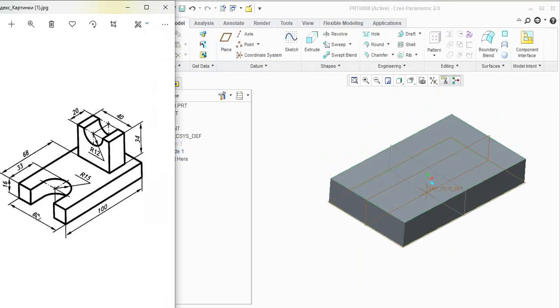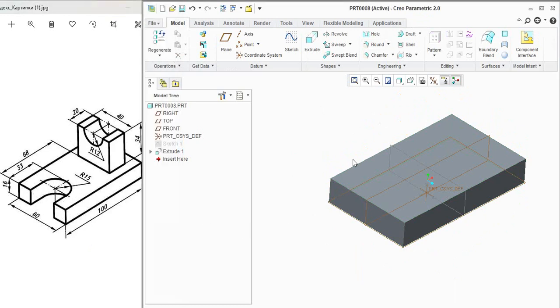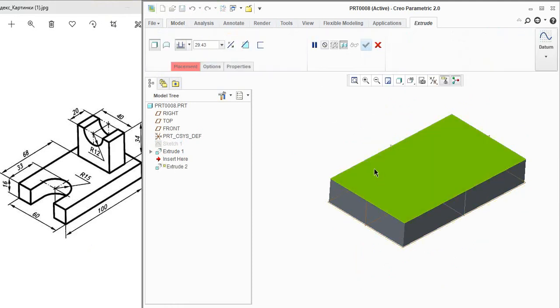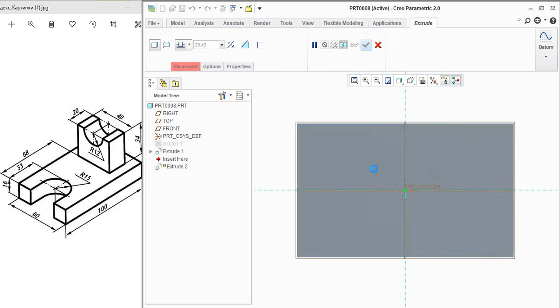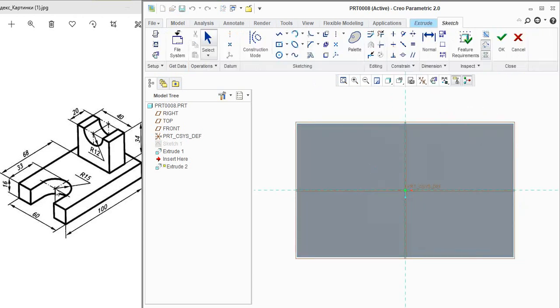Next, here you can see we have an extrude cut option. We can use the extrude cut option to make this one. Directly enter into the extrude option, click extrude and select the top face here. Here you can see they have made a circle of radius 15.